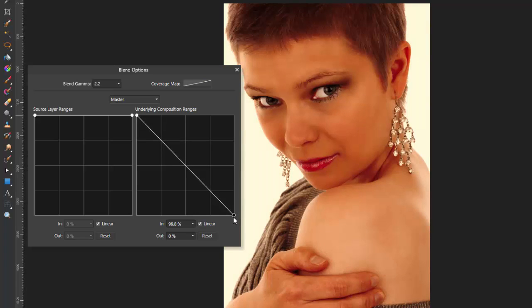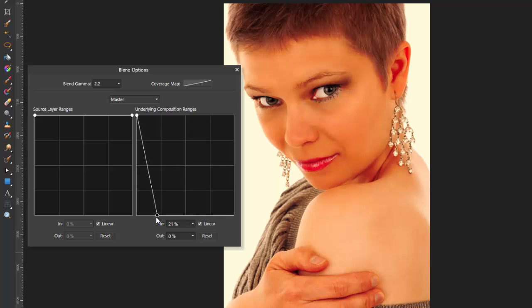So if I come down to the bottom on the left here, we've got our white background back, but you can move this along the bottom here to alter how much effect this is having